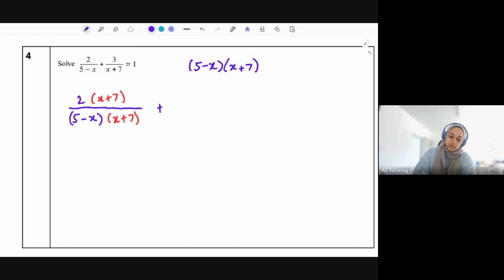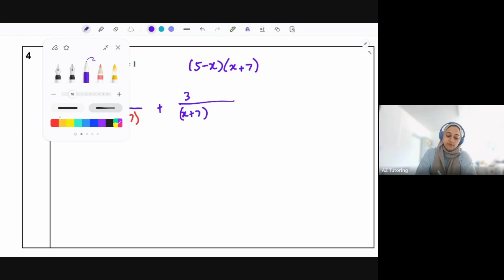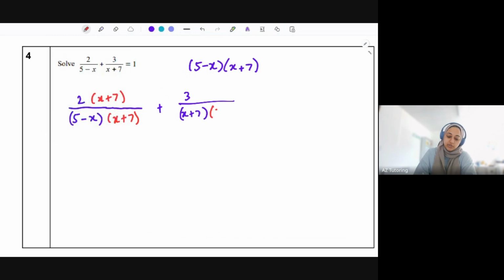Let's deal with the next one now. So we've got plus 3 over x plus 7. Now on the bottom, I need 5 minus x. So I'm going to times the top and bottom by 5 minus x. And that just equals 1. Okay. So don't start expanding the bottom, just leave it there for now. We can now combine these fractions together because the denominator is exactly the same. So on the top, I would have